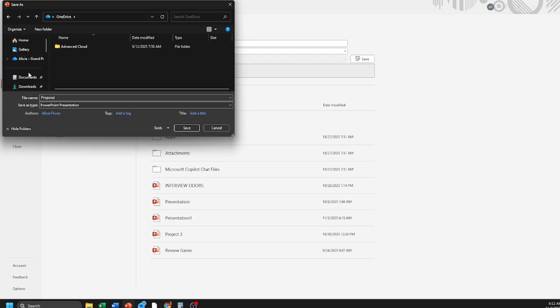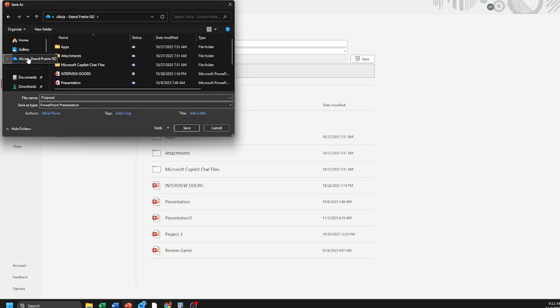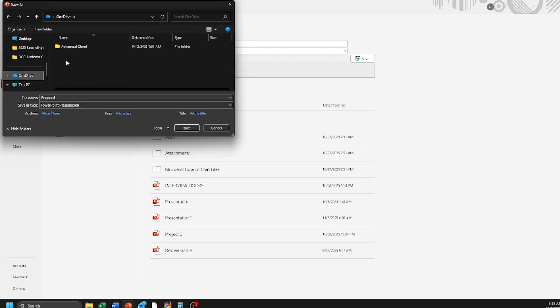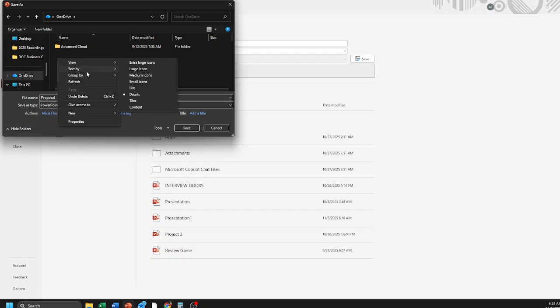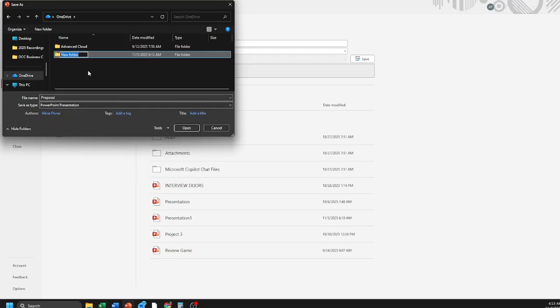So I'm going to make a folder in my OneDrive. I want to right click in the blank space, say new folder, and the folder is supposed to be called,